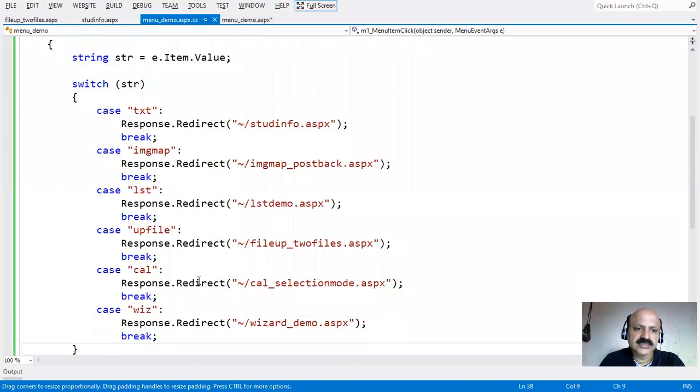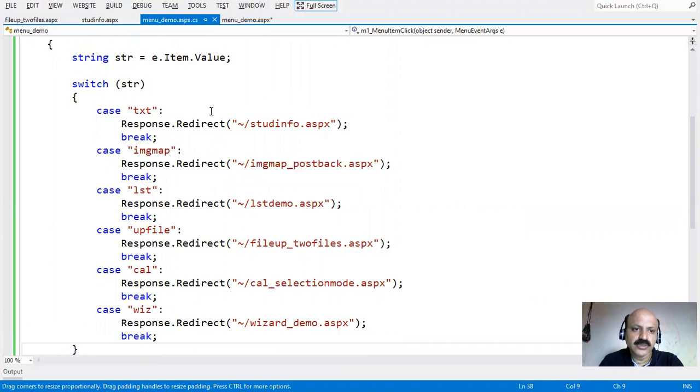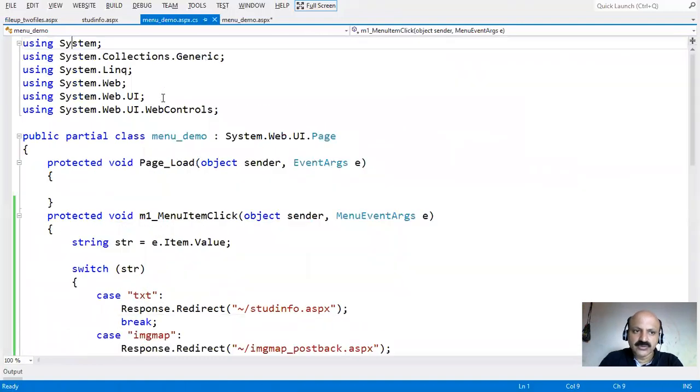Initially I take only 6 menu items, 3 in the standard and 3 in the rich. So there is an appropriate Response dot Redirect. Whenever that menu is clicked, that file is opened. So I hope you enjoyed this session and understood very well how a menu is designed, static, with two source codes and span button, and how the menu item click event works. We can do it with just switch case logic. Okay,